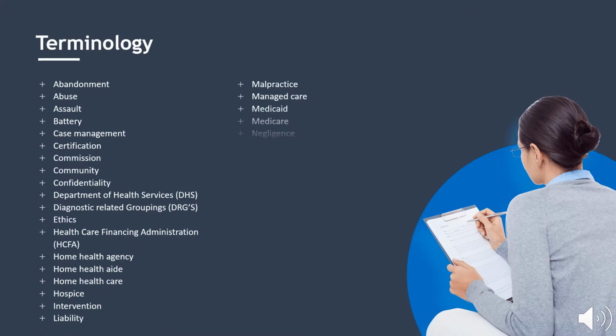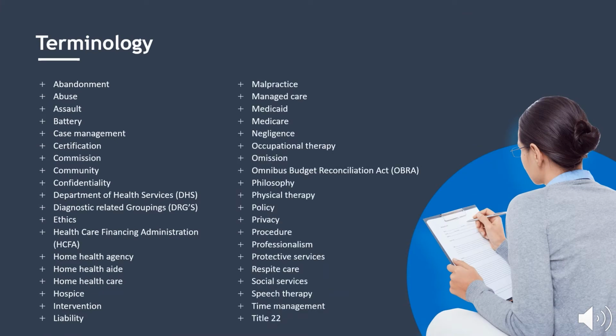Terminology: abandonment, abuse, assault, battery, case management, certification, commission, community, confidentiality, Department of Health Services, DHS, diagnostic-related groupings, DRGs, ethics, Healthcare Financing Administration, HCFA, Home Health Agency, Home Health Aide, Home Health Care, Hospice, Intervention, Liability, Malpractice, Managed Care, Medicaid,